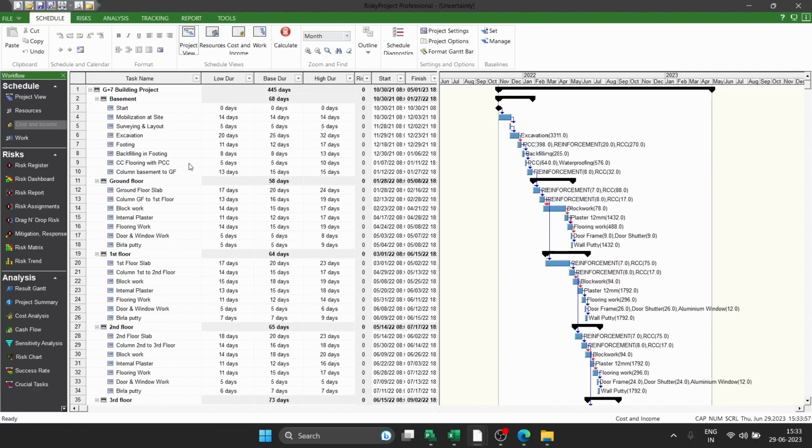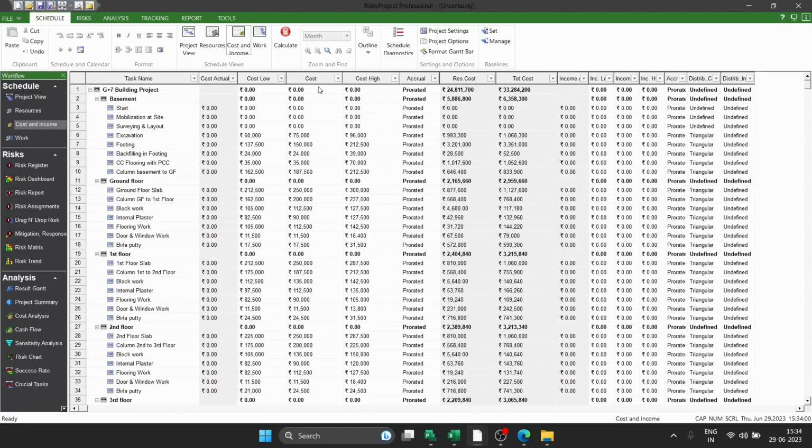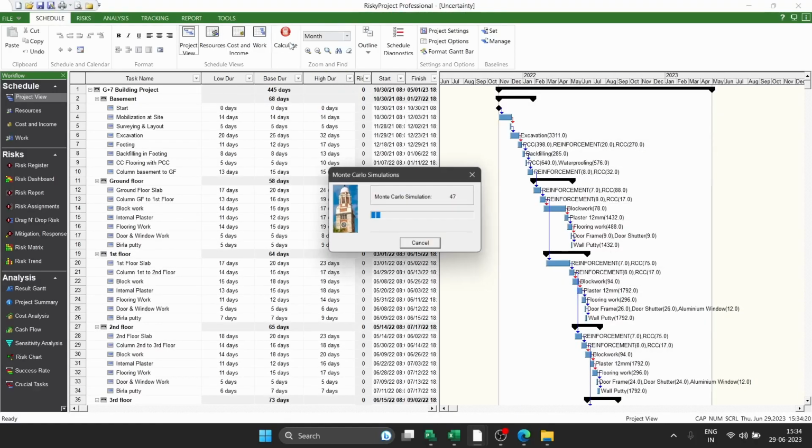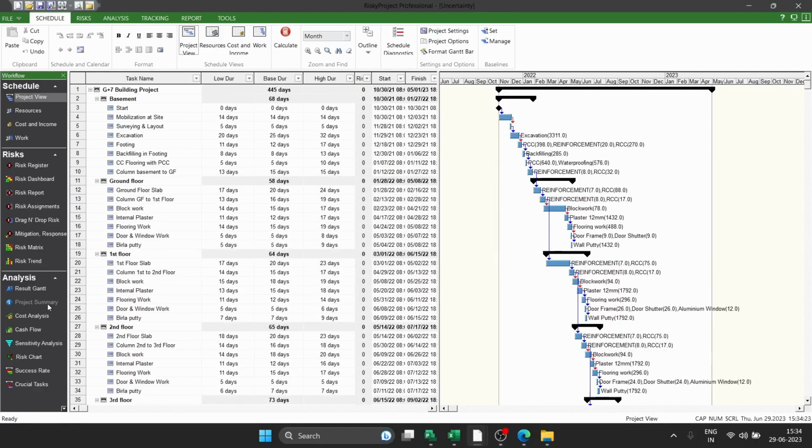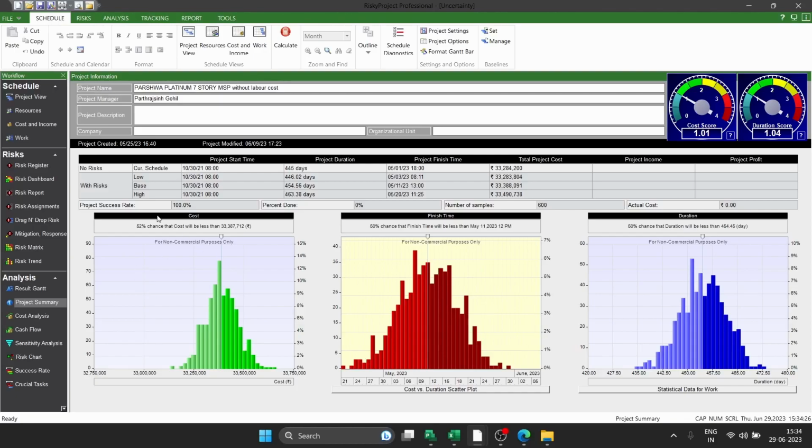लेट मी टेक द कॉस्ट एंड इनकम। ये यहाँ पे हमने क्या किए कि ये जनरल कॉस्ट है, जो लो ड्यूरेशन कम हो जाए कोई एक्टिविटी का तो उसके हिसाब से जो लेबर कॉस्ट में जो कमी आती है वो यहाँ पे हमने मेंशन किए। यहाँ पे जो हाई ड्यूरेशन के है एक्टिविटी के उसके वजह से जो कॉस्ट में चेंज आता है वो हमने यहाँ पे मेंशन किया है। अभी जाते हैं प्रोजेक्ट व्यू में, कैलकुलेट बटन दबा के हम जाएंगे सीधा प्रोजेक्ट समरी में। तो यहाँ पे लो जनरल एंड हाई ड्यूरेशन की वजह से जो प्रोजेक्ट में कॉस्ट में क्या चेंजेस आते हैं वो यहाँ पे मेंशन है, आप यहाँ पे देख सकते हैं।